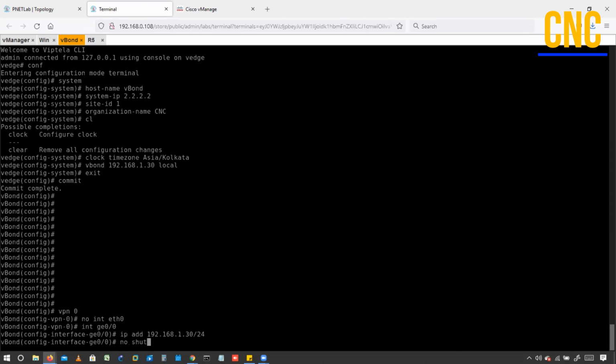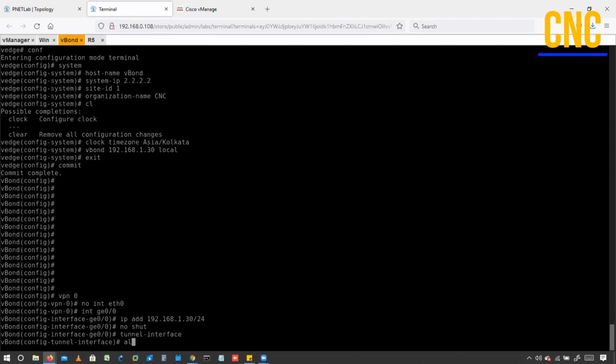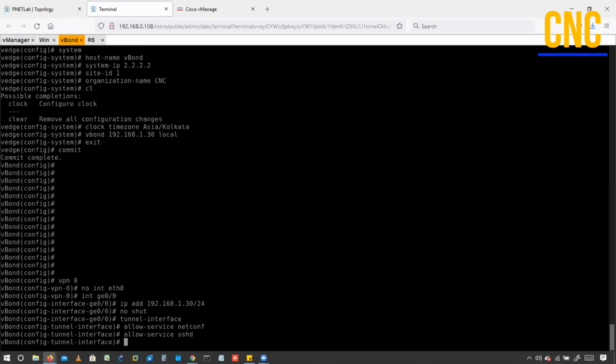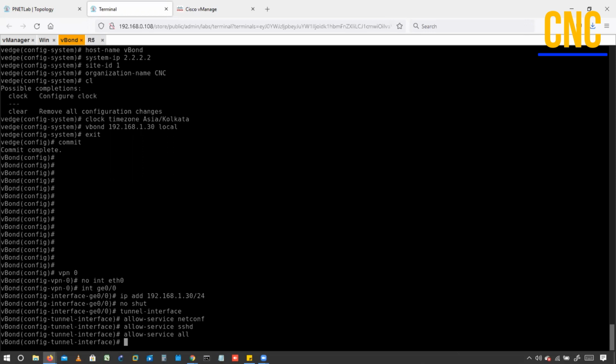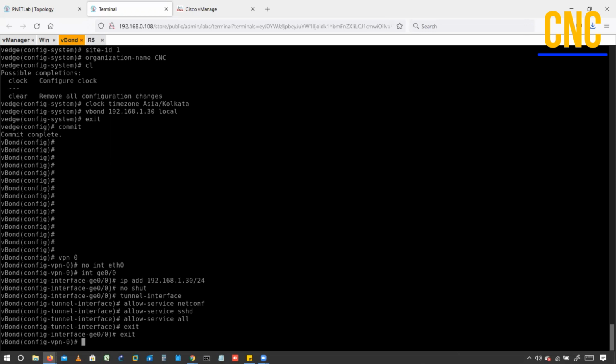Say no shutdown. Allow services, I'll do one by one: allow-service netconf, allow-service sshd, allow-service ntp. Exit. Exit. And the IP route also, IP route 0.0.0.0.